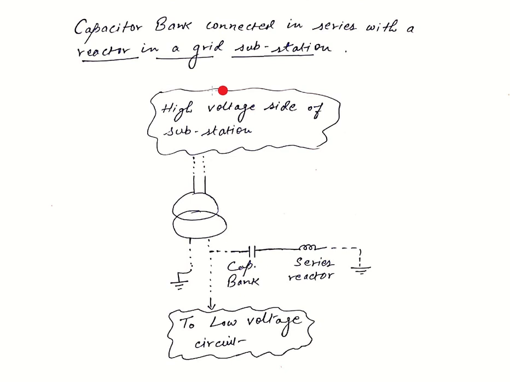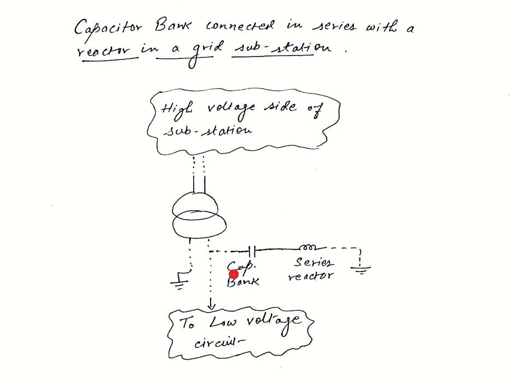We can see here the high voltage side, this is the low voltage side, this is the power transformer, and I have drawn these connecting lines as dotted. I have drawn these as dotted because there will be some more elements connected in the system, for example, CTs, PTs, circuit breakers, etc. And I have left them out for this discussion.